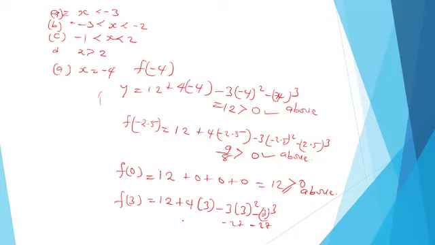This is plus 12, and this is 12, then minus 27 minus 27, which is minus 30. So this one is less than 0, so it's only this last point that will be below the x-axis. So in drawing the chart,